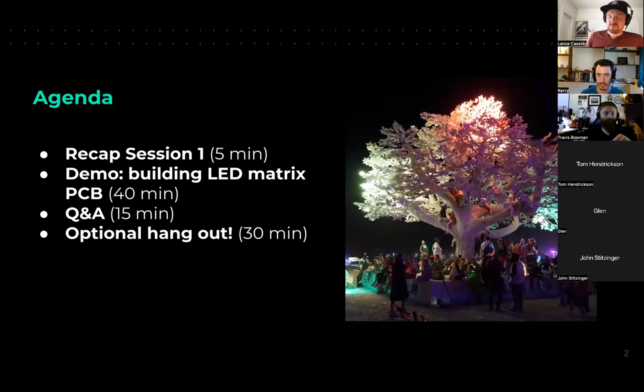Just a quick overview. We're going to recap what we covered in session 2, actually not session 1. We're going to have a demo and spend the majority of the time doing that, and then take some questions,